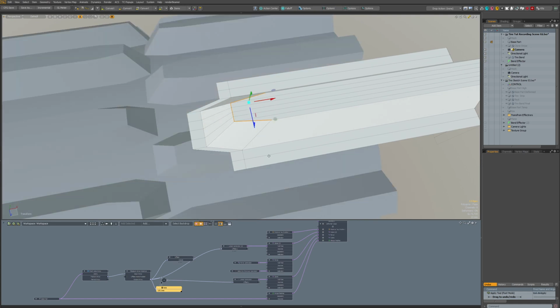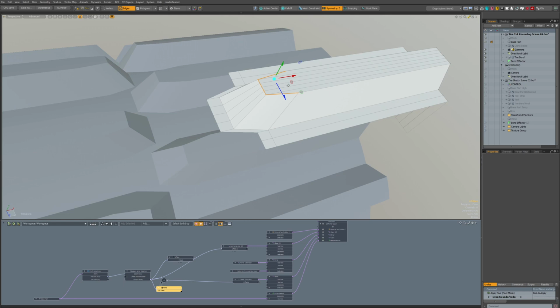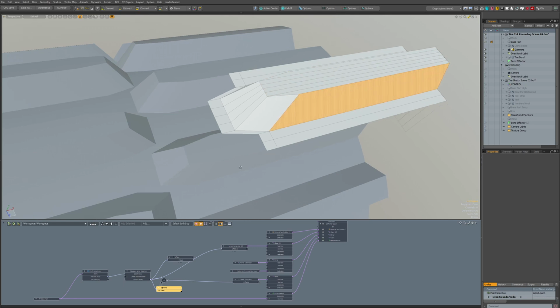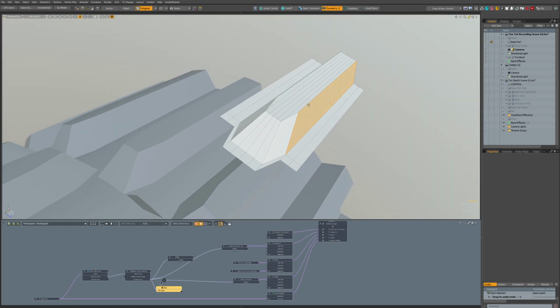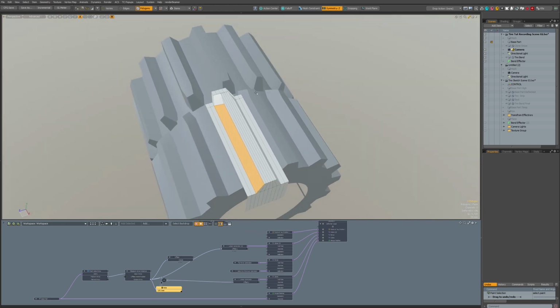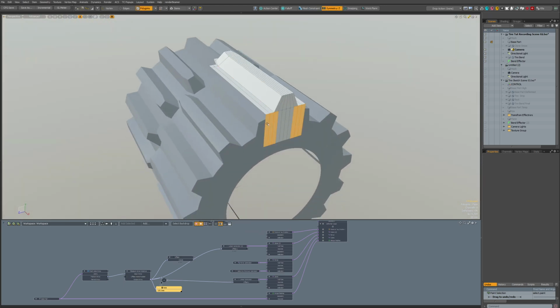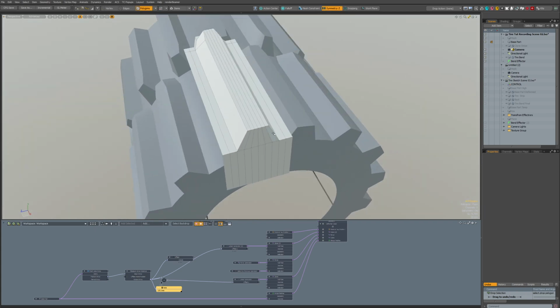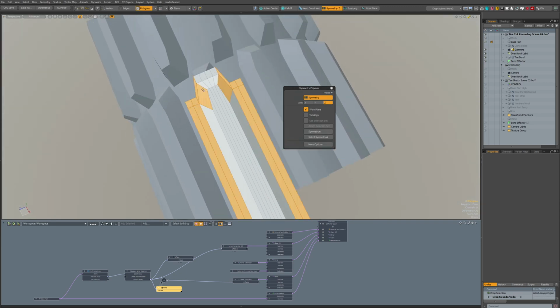No. Now we have it. Is it still symmetrical? Oh, so I have broken the symmetry, which is not nice. So let's try if it symmetrizes to positive. Oh yes, it's still working.